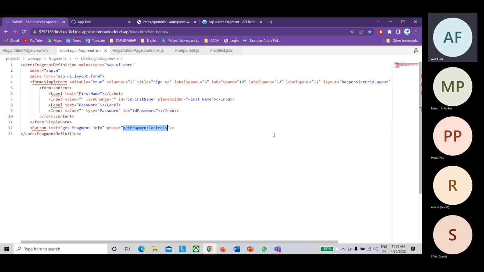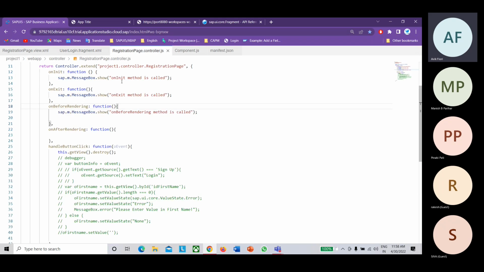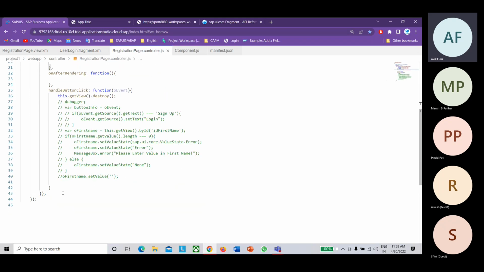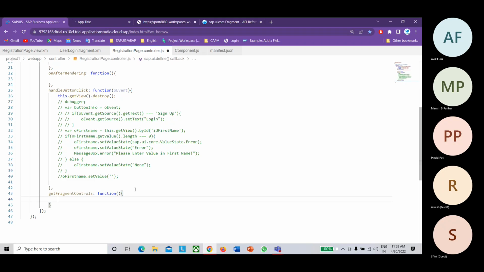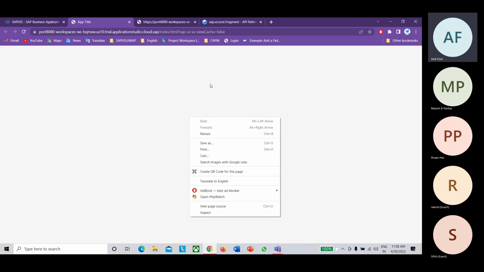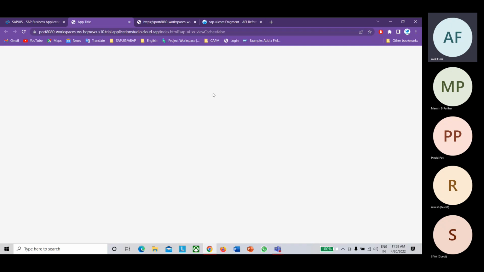This method I will declare inside the registration page controller, because from there only it got triggered. I can define this function. I'm just adding a debugger keyword here. Let it reload now. Let's see the output.